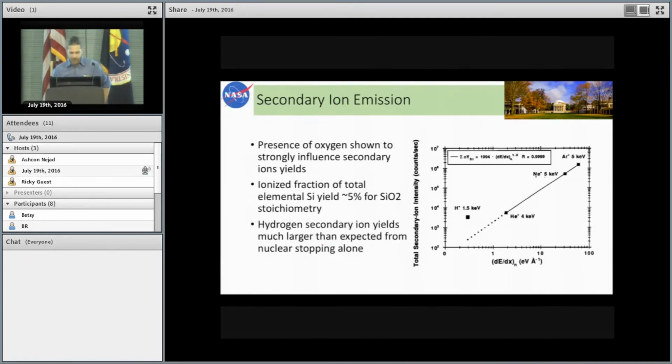So I just wanted to mention what it is that controls the flux of ions coming off of the surface. One of the important things is that the presence of oxygen in a sample has actually been shown to strongly increase the secondary ion yields. So if you have silicon metal, it's going to have a much lower secondary ion fraction of the total than will silicon dioxide, SiO2. For SiO2 stoichiometry, you get about 5% of the total silicon injected coming off as an